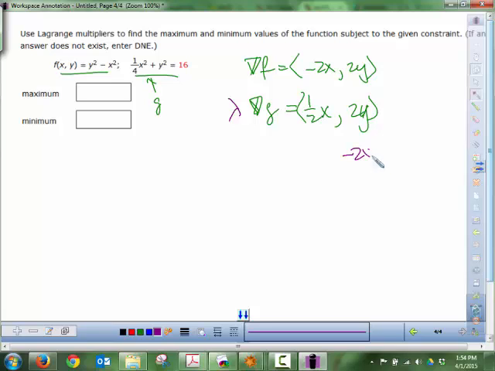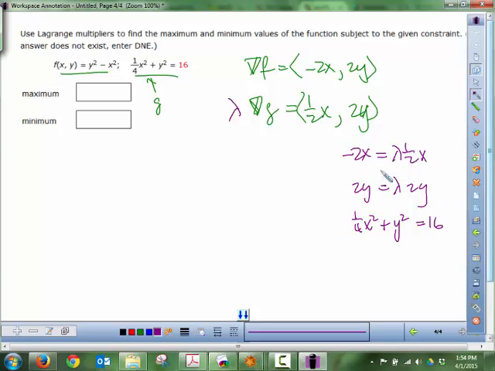So negative 2x is equal to lambda 1/2 x. Positive 2y is equal to lambda 2y. And then our third equation is the constraint. Now we have this thing again where I'm really tempted to divide by x, but I can only do that as long as x does not equal 0. So I'll make a case where x is not equal to 0, but then I have to remember to check the case where x does equal 0 as well. So when x doesn't equal 0,